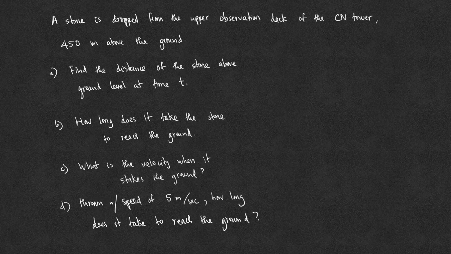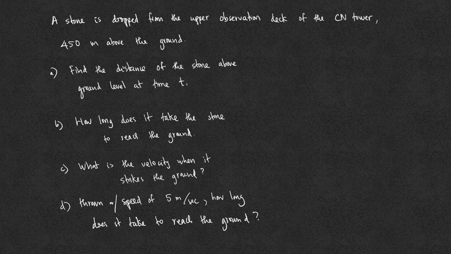A stone is dropped from the upper observation decks of the Canadian National Tower, 450 meters above the ground. Find the distance of the stone above the ground level at time t. How long does it take the stone to reach the ground? What is the velocity when it strikes the ground? If the stone is thrown at the speed of 5 meters per second, how long does it take to reach